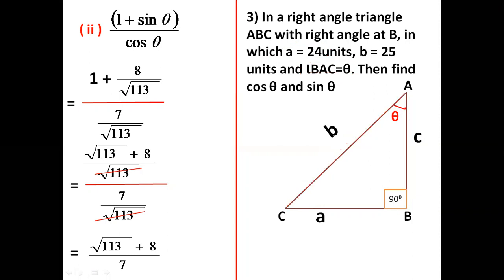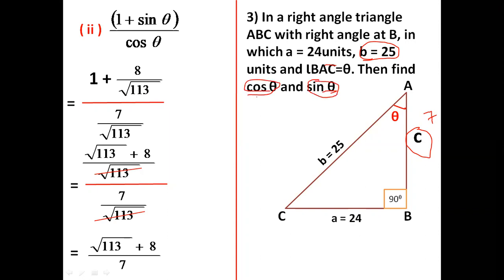Now small a is equal to 24 units and small b is 25 units. So here also substitute 25 units. Now in the figure you have to find c value. How can we find c value? By using the Pythagoras rule. Square of hypotenuse is equal to sum of squares of remaining two sides. So you get c value. I think this value will be 7 units. So you solve the problem and find cos theta and sin theta by